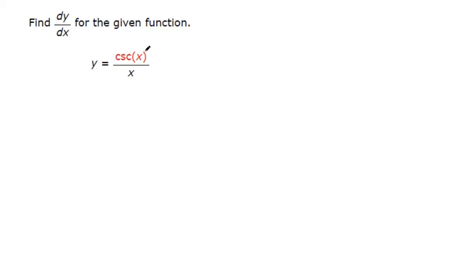So to find this derivative, we have two different functions of x dividing one another. So that lends itself to the quotient rule. The quotient rule says the derivative of the top function, which you can call f of x, times the bottom function kept the same, subtracted by the top function times the derivative of the bottom function, all over the bottom